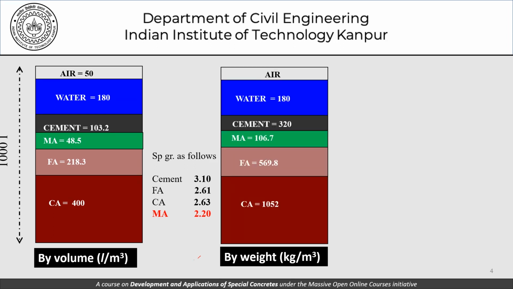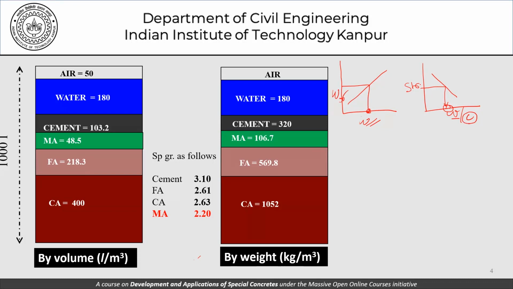Let me recollect what we did very simply to get these numbers. We said that we will have a workability versus water content relation known to us. And for a given workability, we'll first get the water content. We had a similar discussion for strength versus water cement ratio. This relationship was known to us for a given strength. We know the water cement ratio, and therefore, knowing the water content from here, we know the cement content.